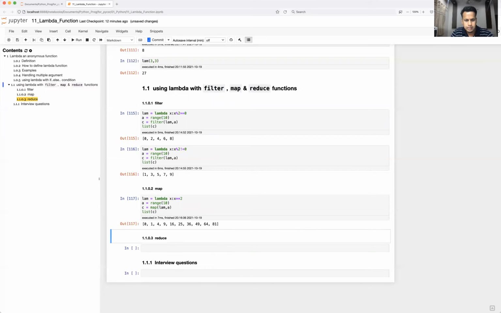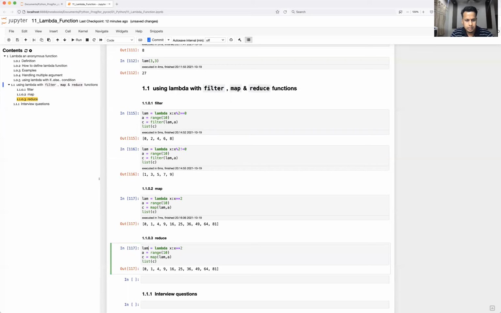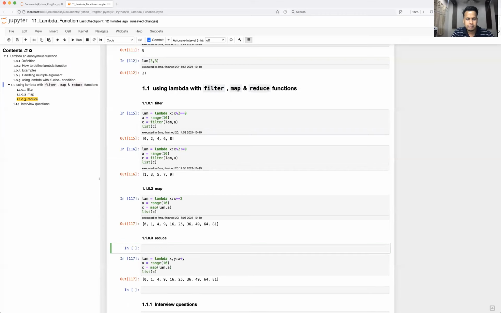So let's do that. I'm going to take x plus y. Since it is going to take two arguments, you must have two arguments in the lambda. So I'm going to take the summation of all the values in the sequence. One more thing to remember, reduce is not part of the inbuilt functions in Python. We have to take some library. So I have something called import functools as ft. Don't worry about this. I am going to talk about this in the next video: how to use import and how you can define user defined function and API.